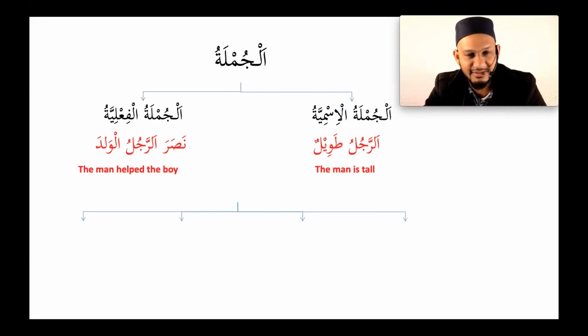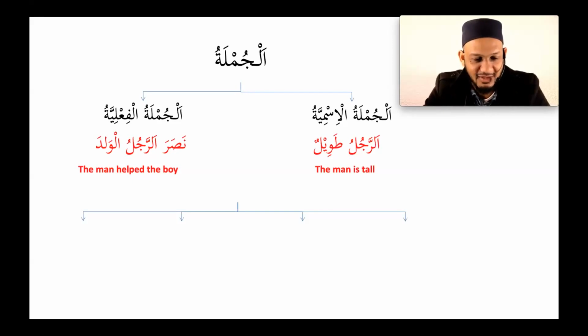With the fa'il, you're going to look either to the left, or inside. You'd either be able to see it from the construction of the verb by the end letter of it, or you'd be able to see because of something in the sentence that's raf'un. The one that's inside, we call it implied. Okay, good. So the fa'il you always find on the left or inside, and it's always raf'un.